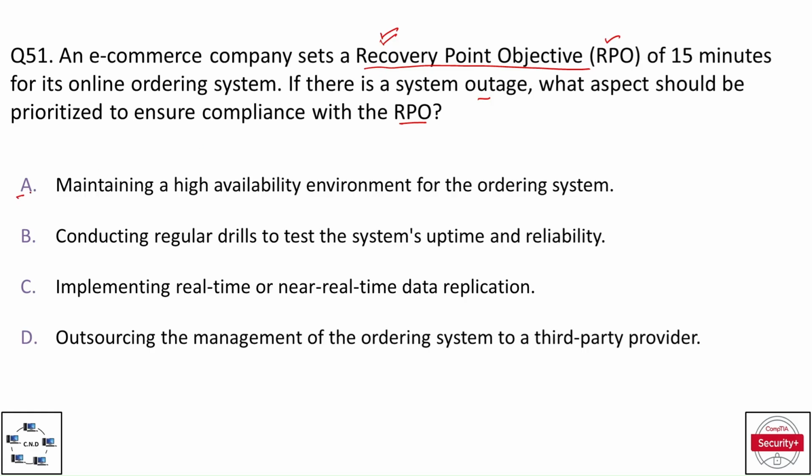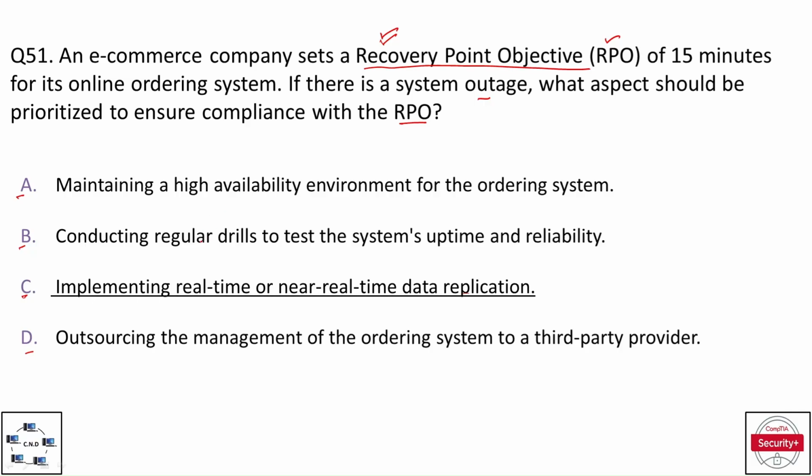And the options are: option A, maintaining a high availability environment for the ordering system. Option B, conducting regular drills to test the system's uptime and reliability. Option C, implementing real-time or near real-time data replication. And option D, outsourcing the management of the ordering system to a third-party provider. And the correct option is,